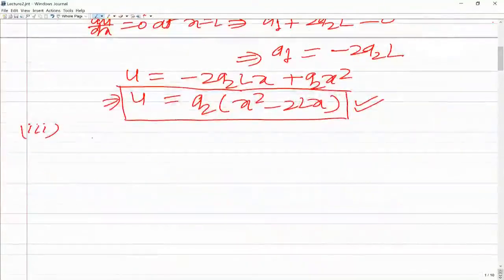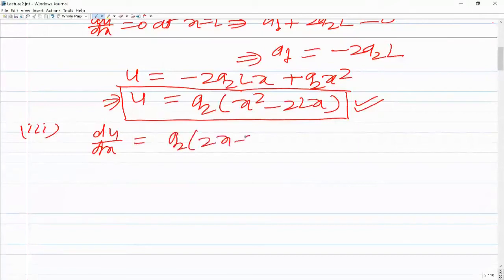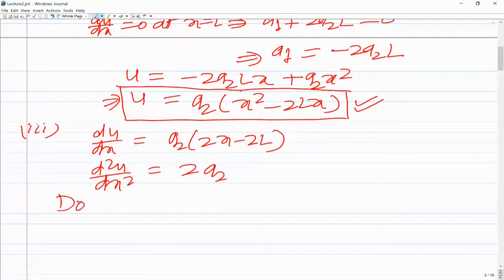First is of course du by dx. In the approximate solution, that is going to be a2 into 2x minus 2l, as you see from this. And then if you differentiate it twice, d2u by dx square would be equal to 2a2, because this is a constant. So after differentiation, this is what you get. Then the domain residual